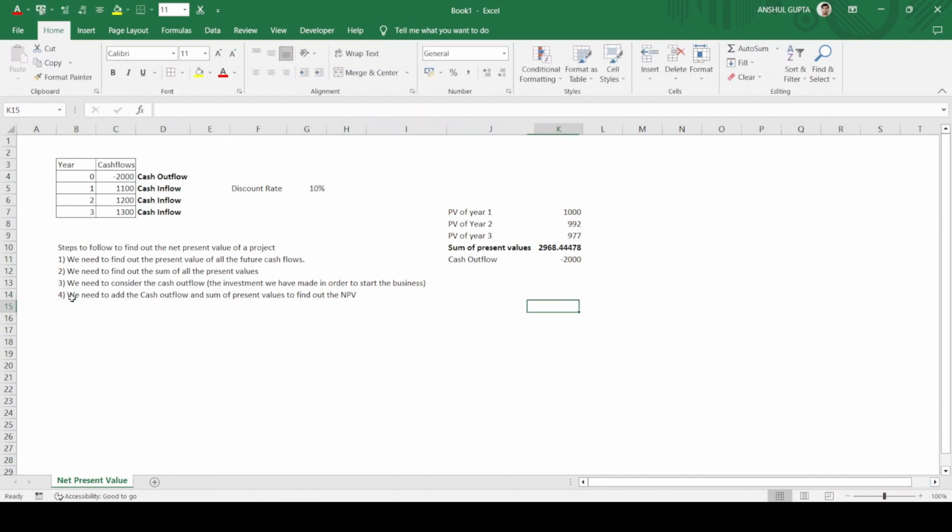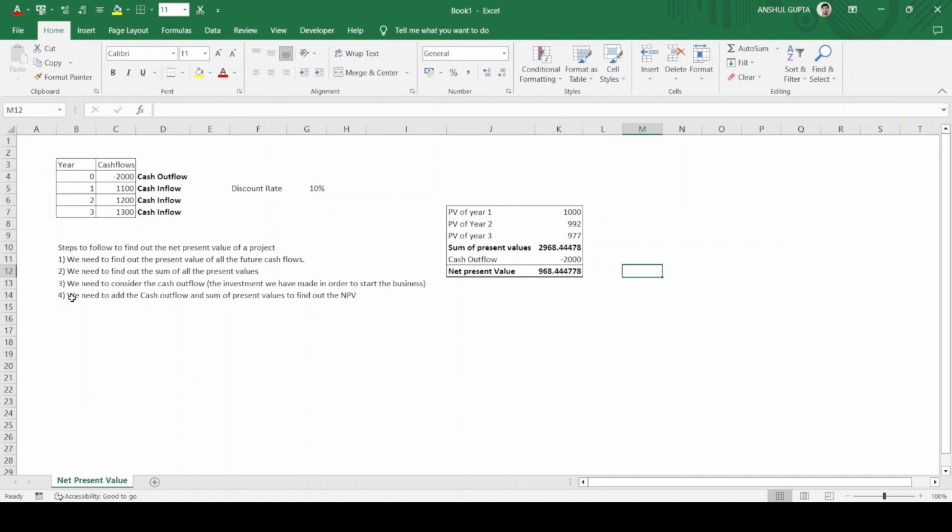So let's find out the sum as well. That is net present value equals to this plus this. Let's make this bold. Okay. So this is how we can calculate our net present value, and in our example the net